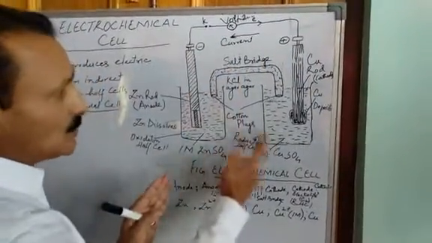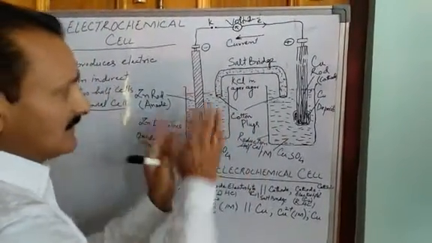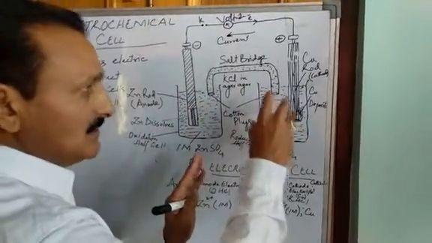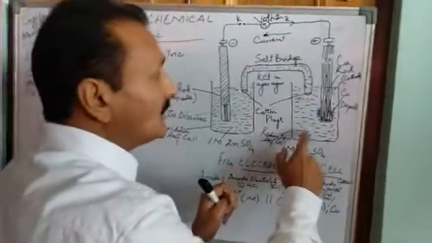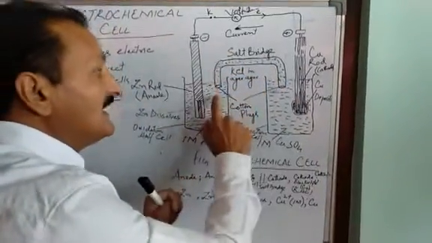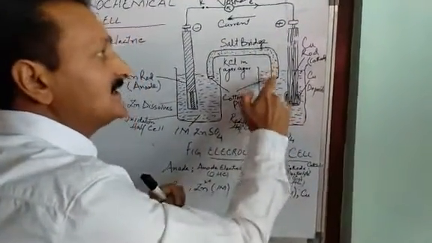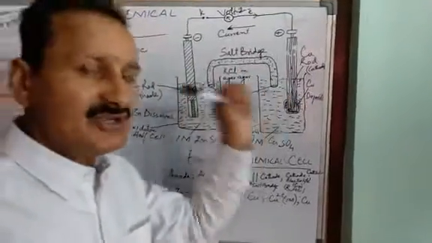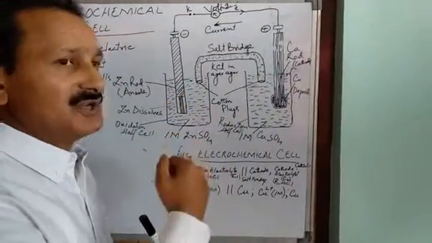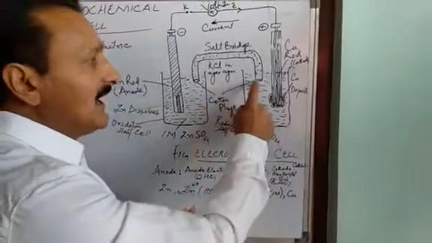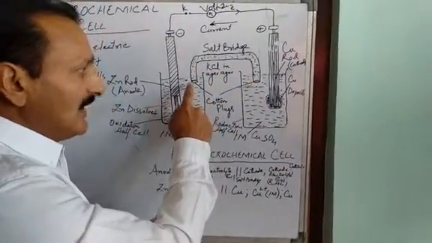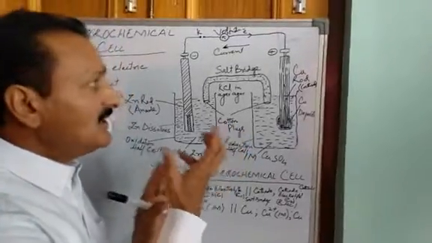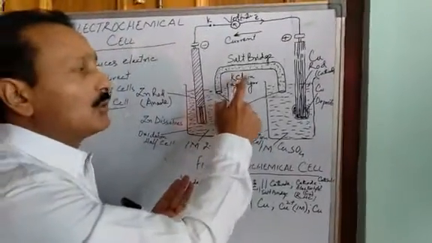But these two electrolytes, that is your zinc sulfate, which has been kept in the oxidation half cell, and copper sulfate, which has been kept in the reduction half cell, are connected to each other by an inner circuit. This is an inner circuit. This inner circuit has an instrument known as a salt bridge. So what is this salt bridge? Salt bridge is basically an inverted U tube. You find this is an inverted U tube. It contains potassium chloride in agar-agar.